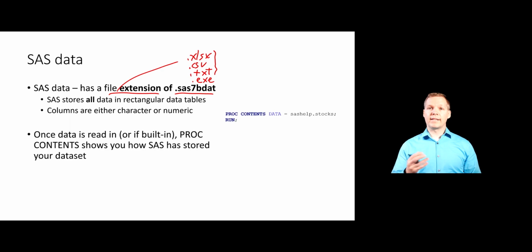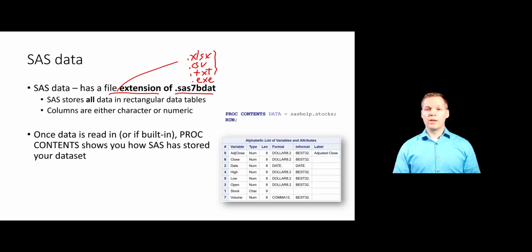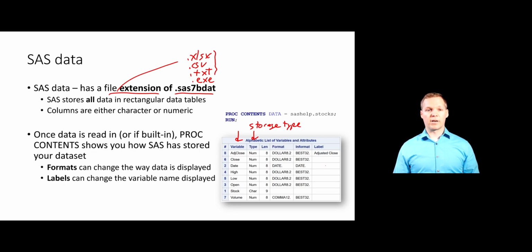Remember that once we've read our data in and we have it in a SAS data set, we can use proc contents to understand how it is actually stored. So again, once our data is in this format, we can use proc contents to understand exactly how it is stored. So we saw this very important table, a similar one to this in the previous lecture. And again, this tells us which variables we have in our data set, how they are stored,